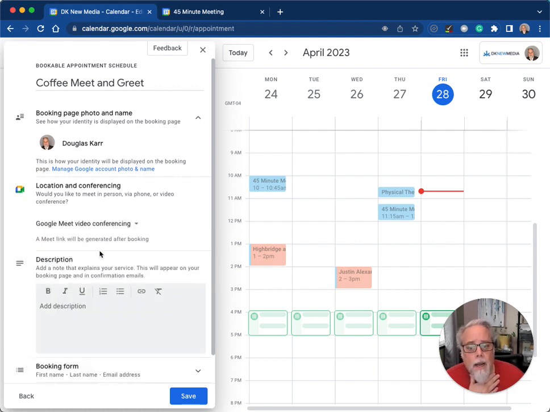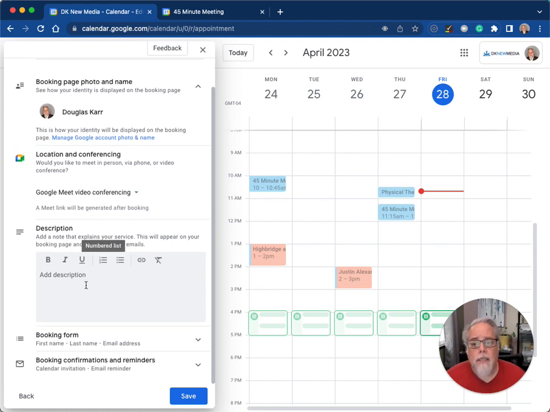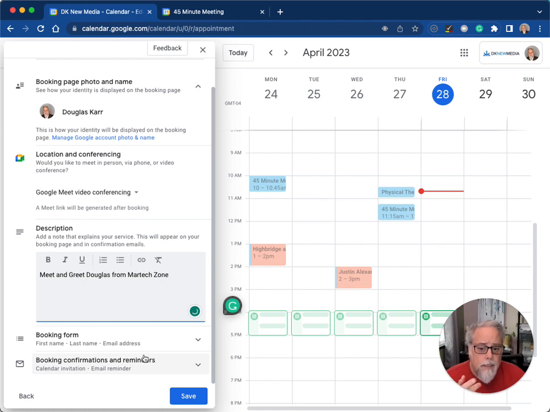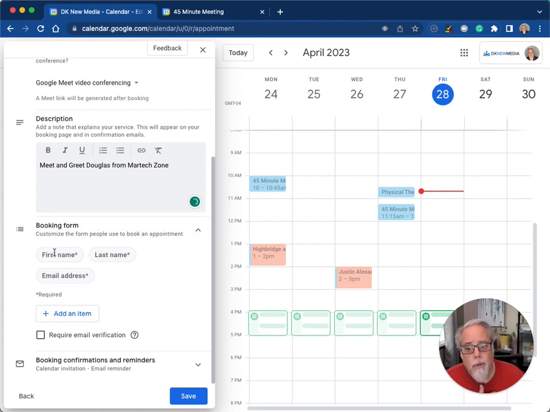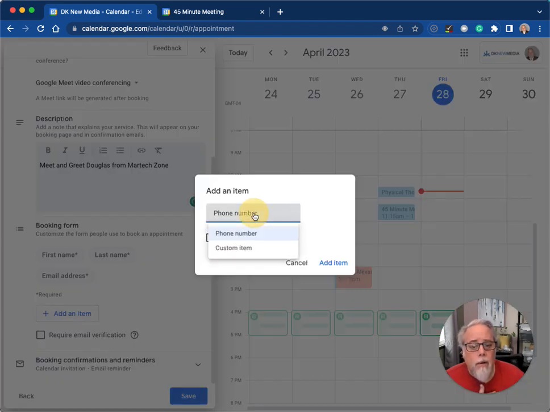So I'm going to put Google Meet conferencing. I'm going to put a description, meet and greet Douglas from Martech Zone. Now, this is the interesting thing, and especially if you're doing sales leads, you will want to have more information on this booking form. So right now it's required is first name, last name, and email address. I'm going to say, okay, I want another,